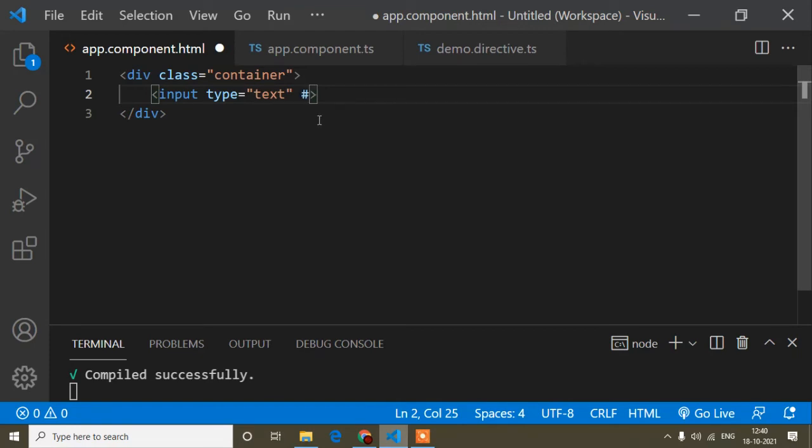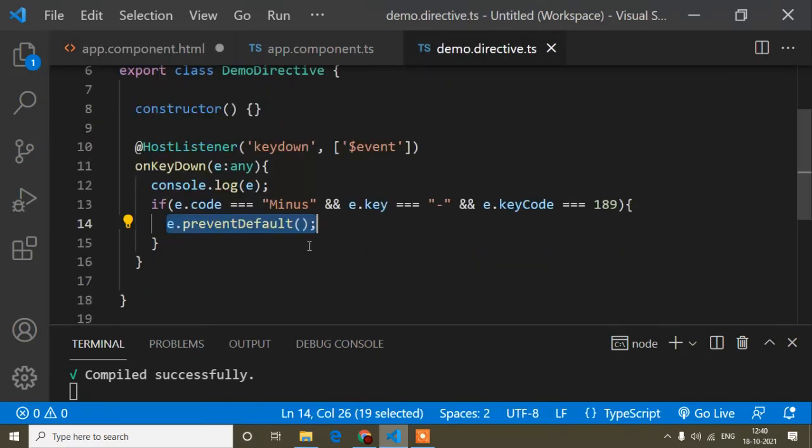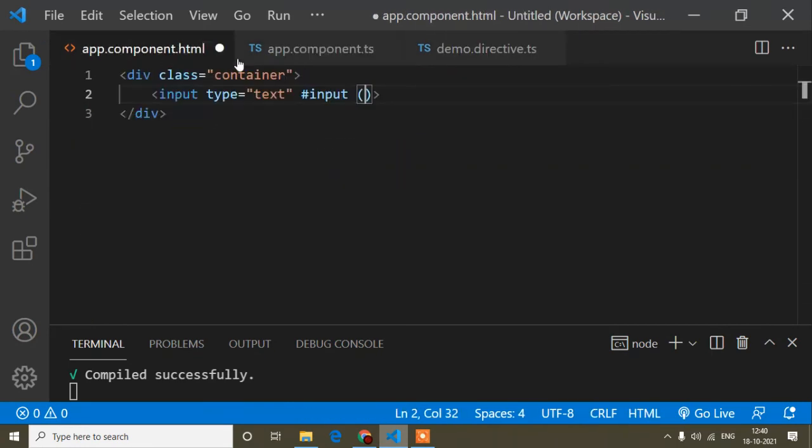So I will pass a template reference variable. You can write any name for this template reference variable, and this variable is similar to an id. That's why the syntax of a template reference variable is hashtag, because we know when we write an id and we define any CSS property inside an id, at that time we use hashtag, and in a class we use dot. So it's similar to id. So for defining here I used hashtag, it's a template reference variable, and now parenthesis, and the same method whatever I passed inside this directive, keydown, this one. So now this one I will pass here, right?